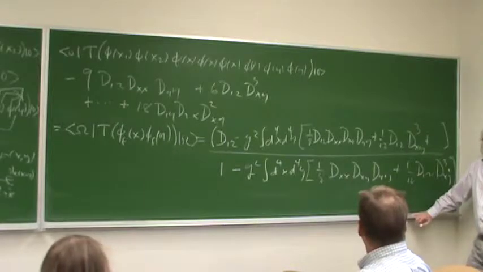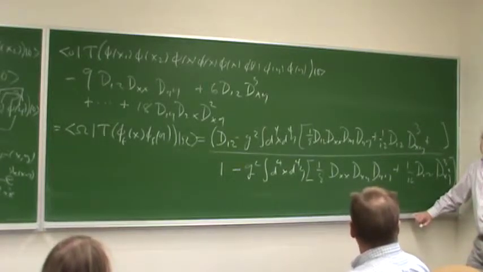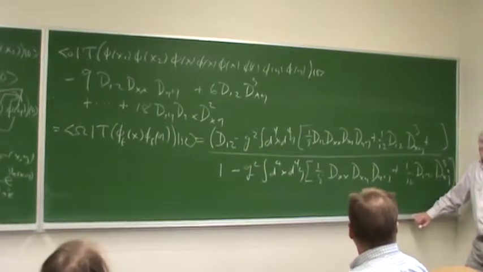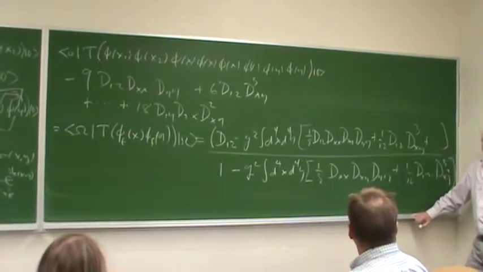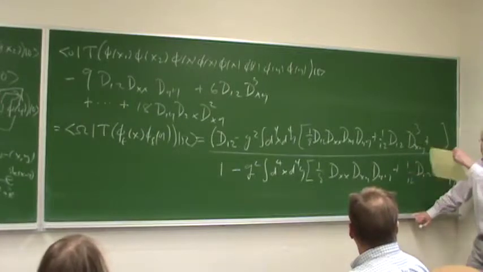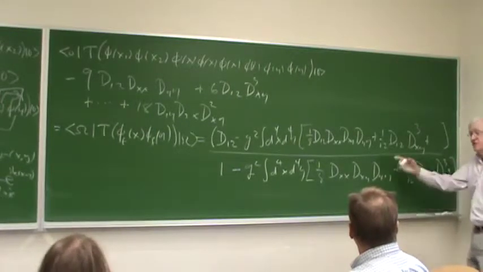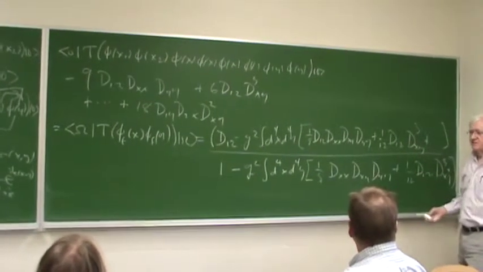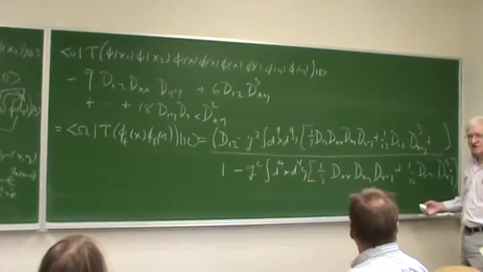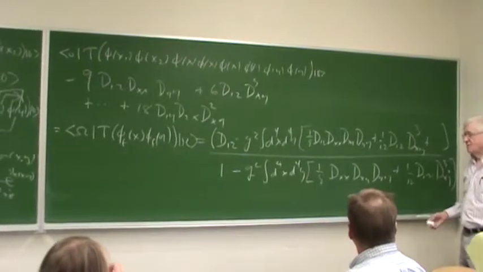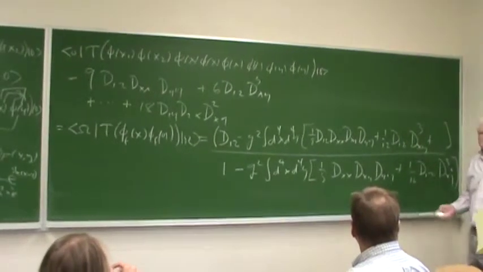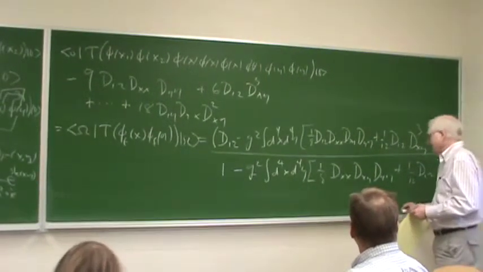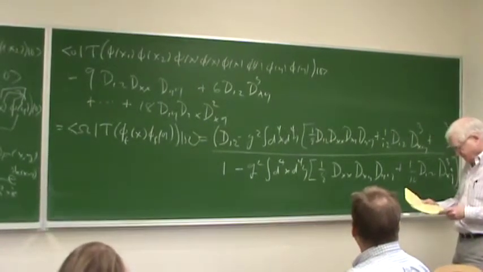So you see, from the point of view of a human being, this is a nightmare. And it's a double nightmare. Not only is it incredibly complex because there are infinitely many terms. Well, to order g squared there aren't, but to all orders of g, there are infinitely many terms. And moreover, there are all kinds of divergences as well. So it's even worse than it looks here.